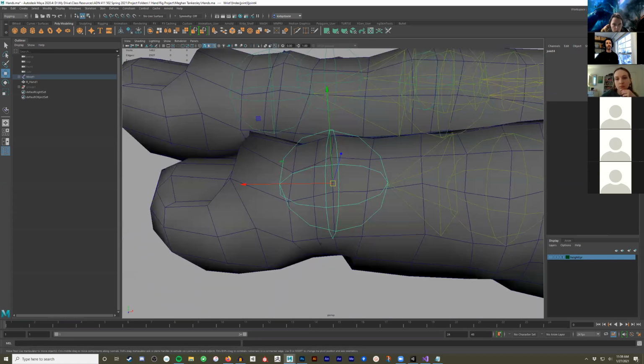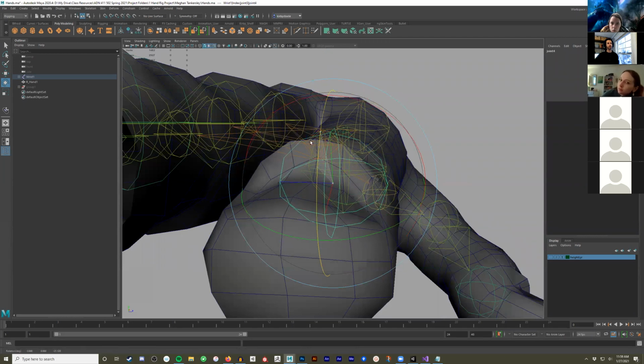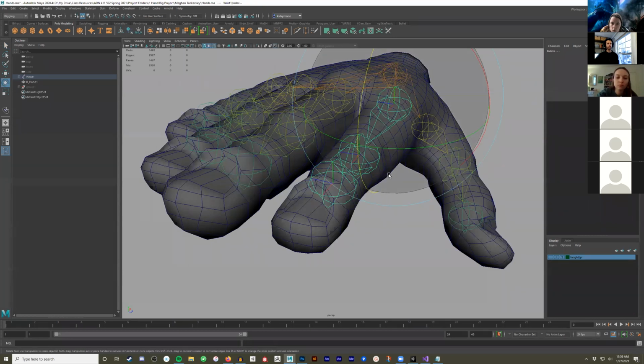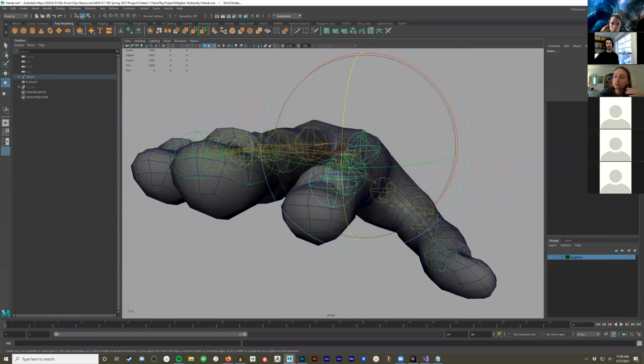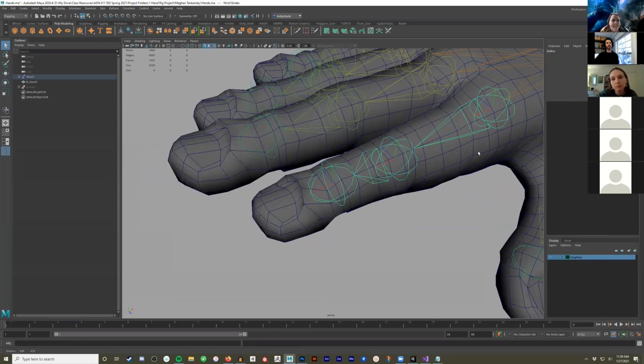So once I have that, this is when I would hit freeze transformations, because right now these orients or these rotations are all jacked up. So if I hit that, now it's 0. So it rotates nicely just up and down like that. The reason you want that is it's nice to be able to select all 3 joints like that. Then you can hit the rotate. Oh, it looks like, yeah, this one needs